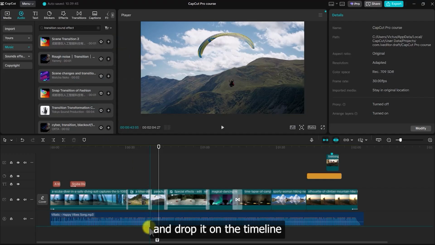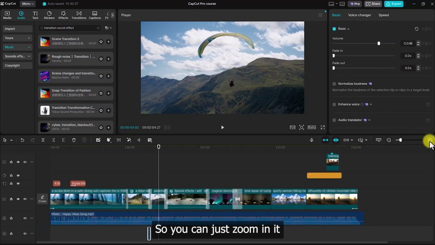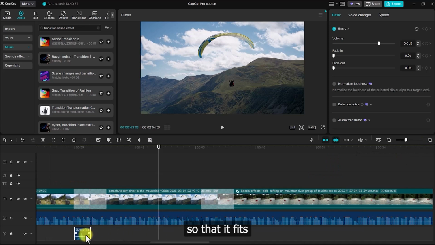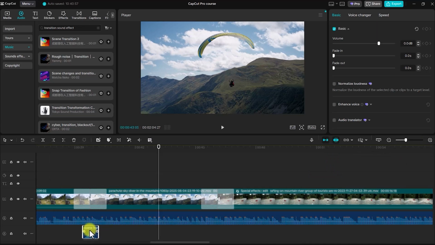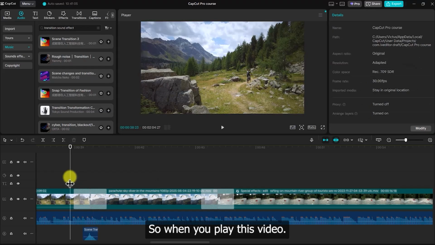and drop it on the timeline where transition exists, like in here. So you can just zoom in it so that it fits at the exact time of the transition in here. So when you just play this video